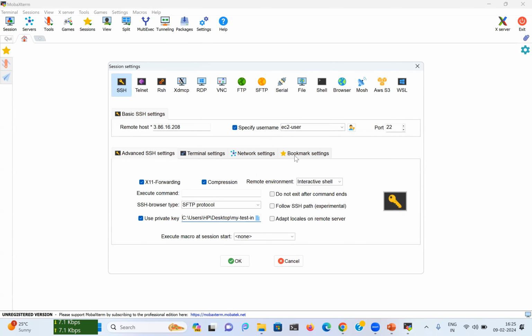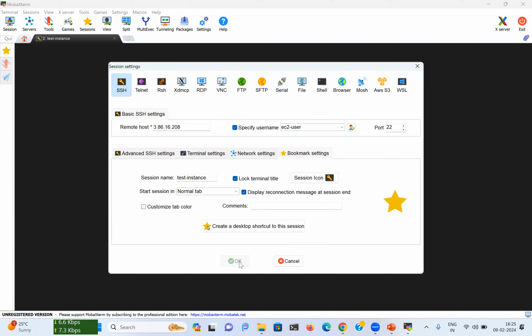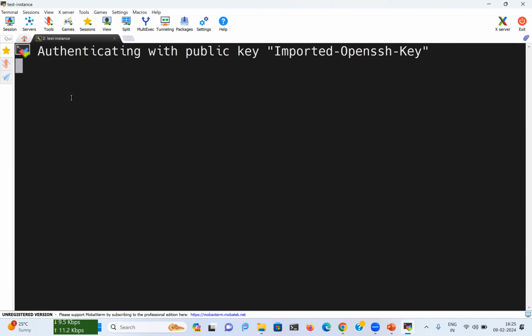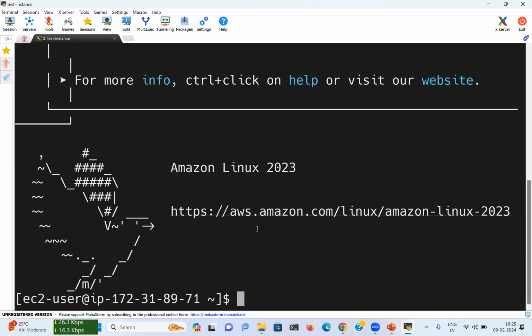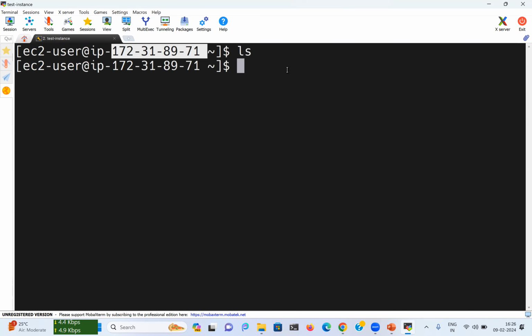Open it, and under bookmark you can give it a good name, test instance. Click on OK. As soon as you hit OK, it is authenticated and we will be able to see this page. So I am in my server. You can see ec2-user at this IP address. We have been logged into our EC2 server.